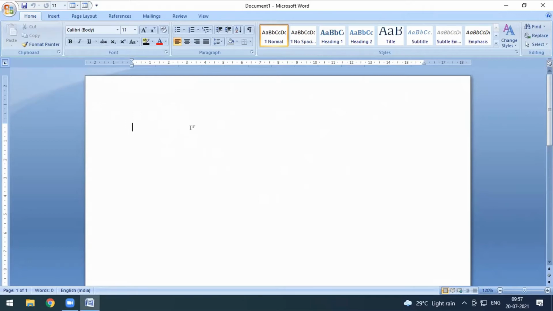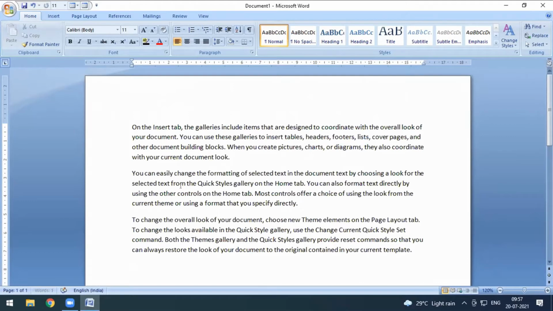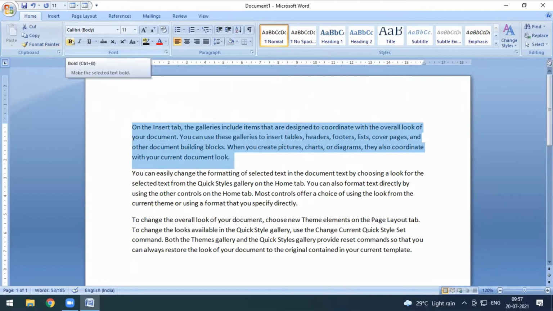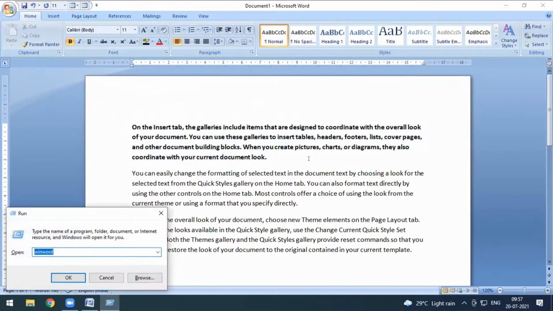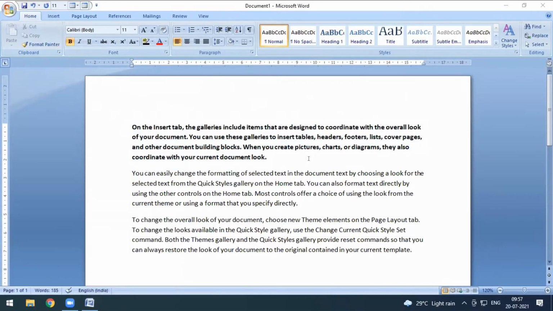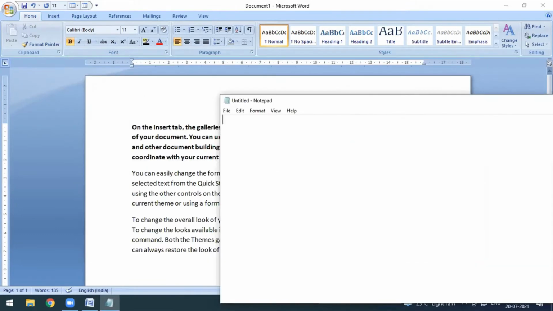So first of all I am writing equal to RAND. Rand is a function to get a paragraph of dummy text. Now I select this text and over here I click on this button, Bold, so it will make my text bold. Simultaneously I will also give the shortcut key of each and everything I'm doing today. So over here I am typing bold, shortcut is CTRL plus B.